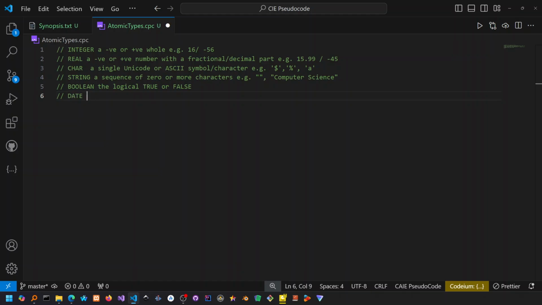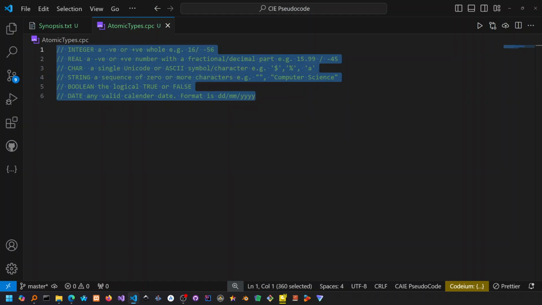Then another primitive that we can talk about is date. This can assume any valid calendar date. The format is important, because we use only one format for dates in pseudocode. So the format is going to be day, month, then 4 digits for the year. So this is the format for a date. So these are the 6 primitive data types that we will make use of